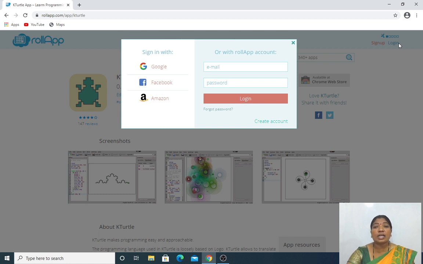As soon as you click on login, it will ask you to enter the Rollup account. So here I will be entering my own email ID and then the password. This password should be confidential. You should not share this email ID and password with your friends. Got it my dear students? So you have to enter the password.